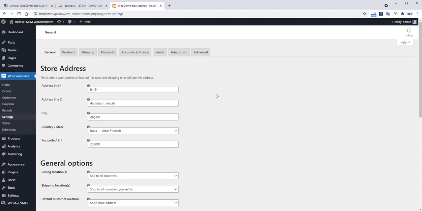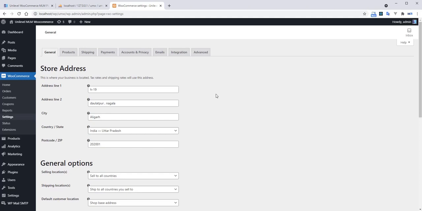That will not be paid while the member is not paying money by placing an order for any product. If the member makes the payment and the order is completed, then the member becomes a paid member of multi-level marketing. So this is the first type of registration.